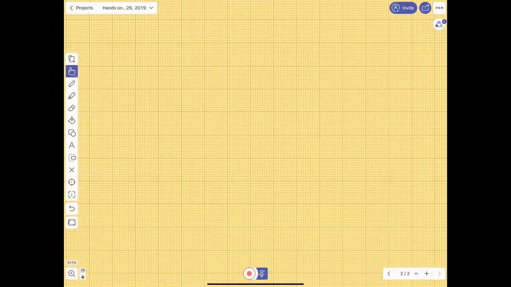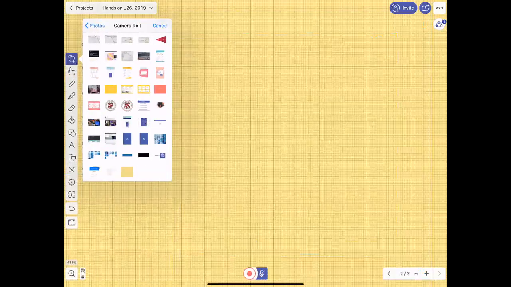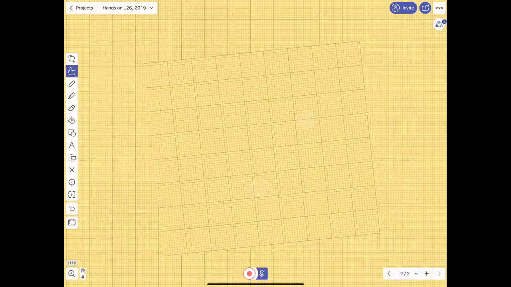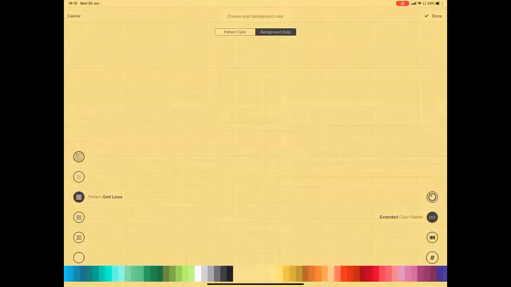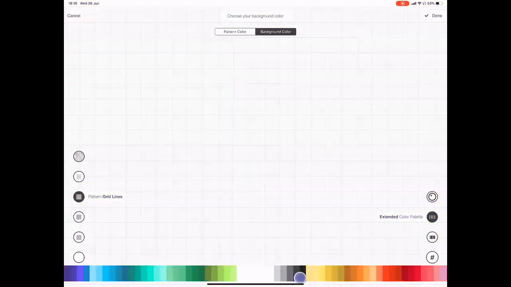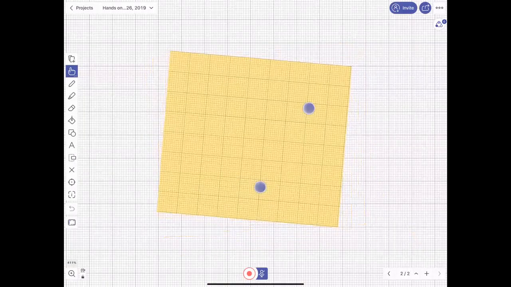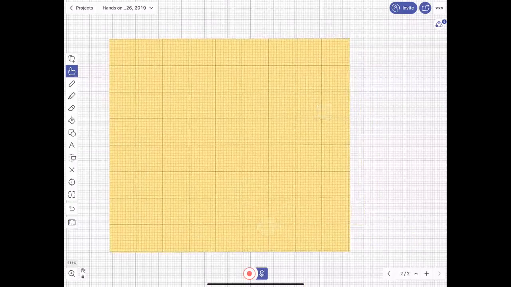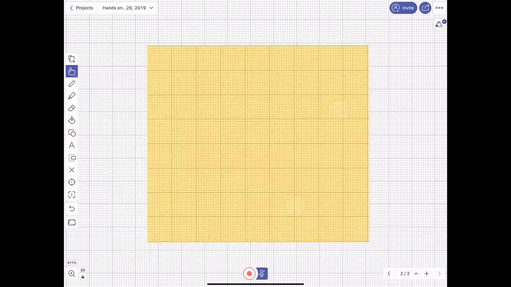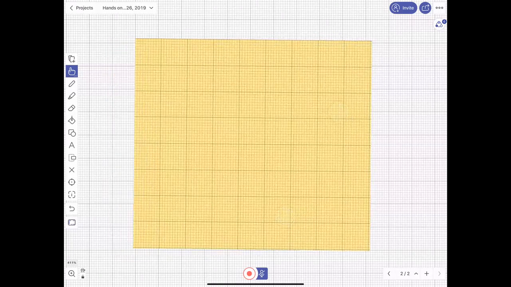And the way I can do it is that I can add it from the camera roll. So you can basically add any image. This is not clear now because I'm using the same color, so I'll change the background to white. So this is an object that I just put in. You can basically take any page layout that you like, download it from the internet and put it into Explain Everything. And the way to easily add it to the canvas